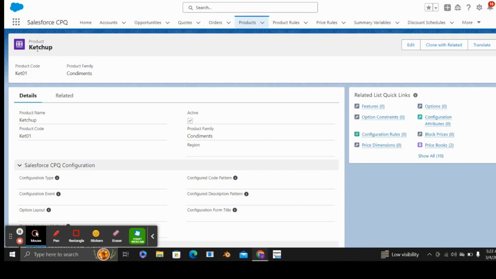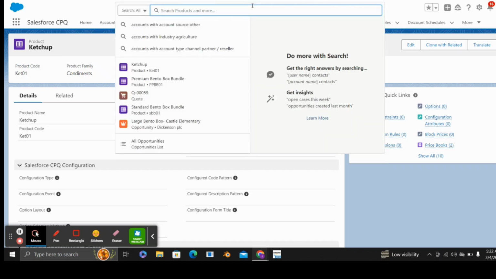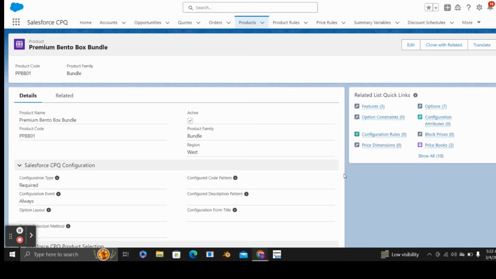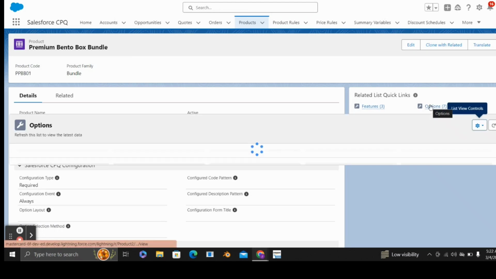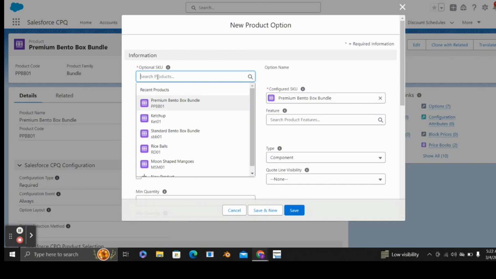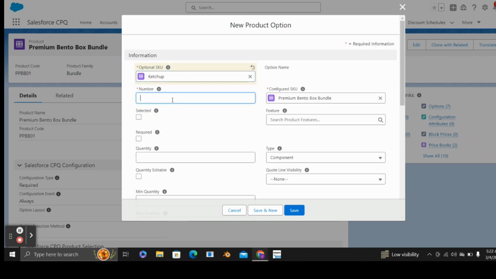The next thing we need to do is associate this ketchup product to the bundle. So what we need to do is go to the bundle, the bento bundle. And as you remember, the way to associate those two products is through a product option. So I'm going to go to the related tab, click on new for the product option. As you can see, it automatically populated the configured SKU because that is the parent product. So now you just need to select the child product. What child product do you want to link to this bundle? You can just click into it, select ketchup or search for ketchup,